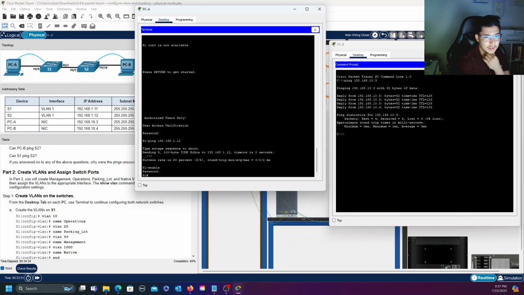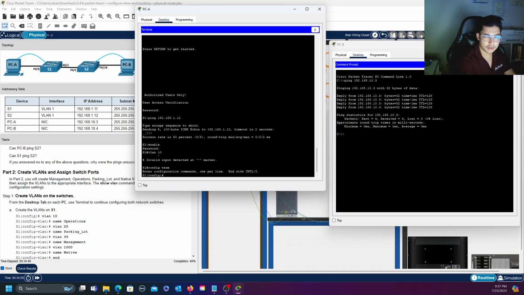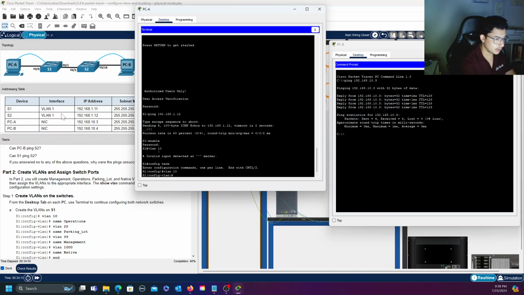So that's gonna be VLAN 10. Okay, config term, VLAN 10. Now we're gonna name